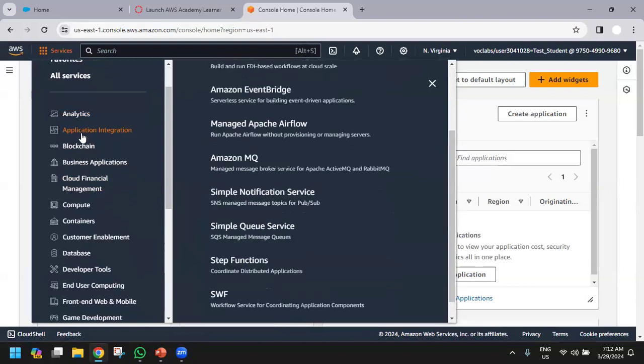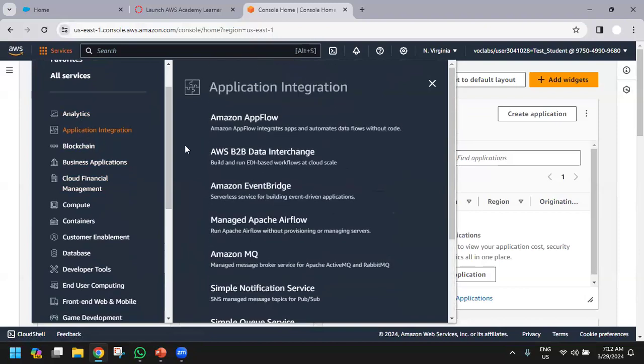Second thing is application integration. So you will be having these options. You can use any of these services to implement your solution or to architect your solution. That is how solution architects are using different application services, and they are making them available to your account. So for our client, we can do the setup.